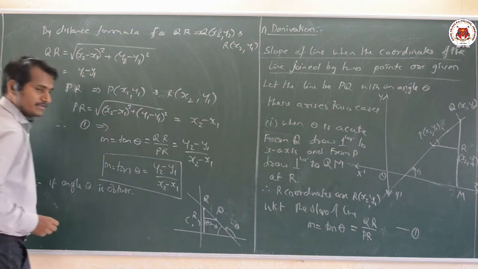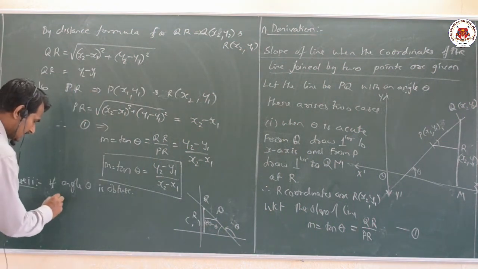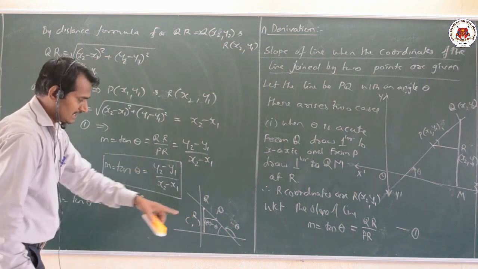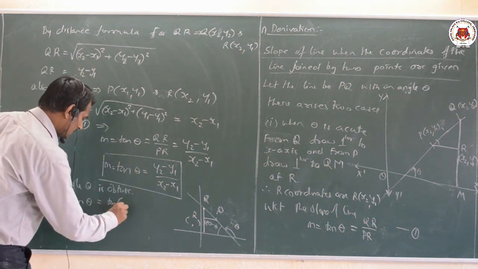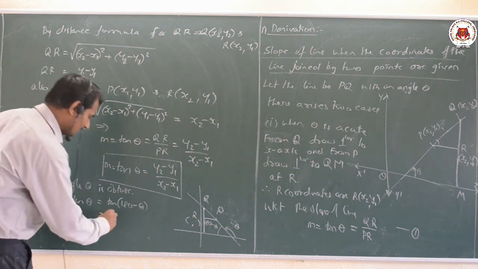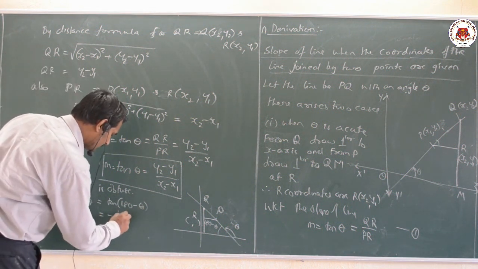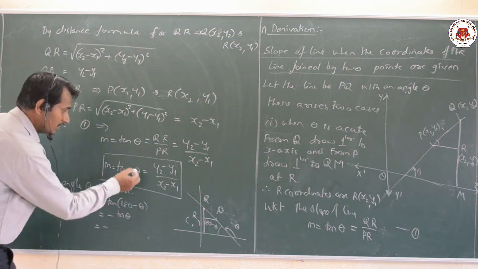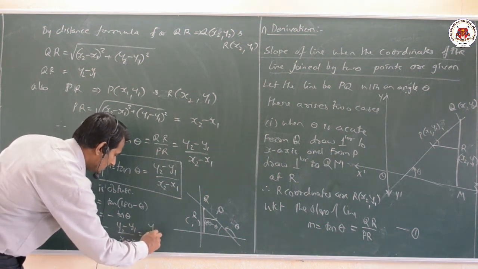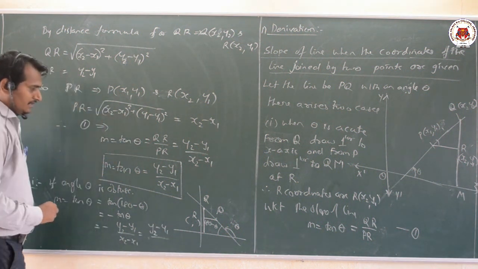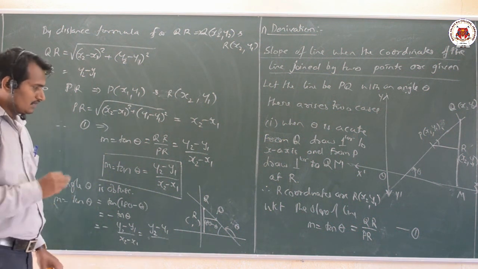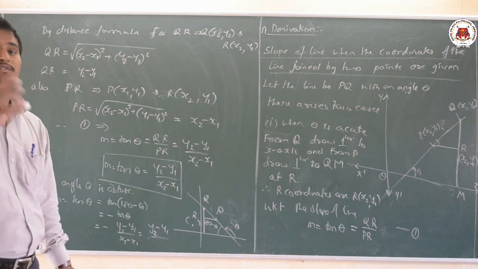Now here I will make use of the short form, m is equal to tan theta. But here the angle is 180 minus theta, so tan of 180 minus theta is minus tan theta. We already know the formula, tan theta is y2 minus y1 divided by x2 minus x1, so we get the same value here. Okay dear students, so we shall solve it. Before solving that, please pause the video to note it down.